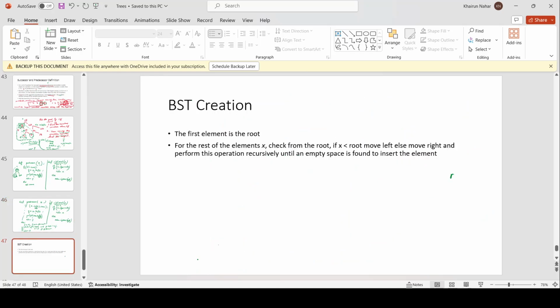তো আজকের লেকচারে আমরা যেটা দেখবো সেটা হচ্ছে আমরা কিভাবে একটা বিএসটি তৈরি করব from scratch. So we will be given an array of elements. Let's say we have an array of numbers. এই নাম্বার দিয়ে আমি বিএসটি তৈরি করব। প্রথম স্টেপটা হচ্ছে প্রথম নাম্বারটাই হবে আমার রুট, অথবা প্রথম এলিমেন্টটাই হবে আমার রুট।